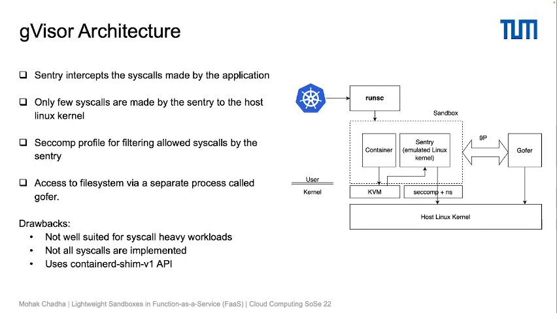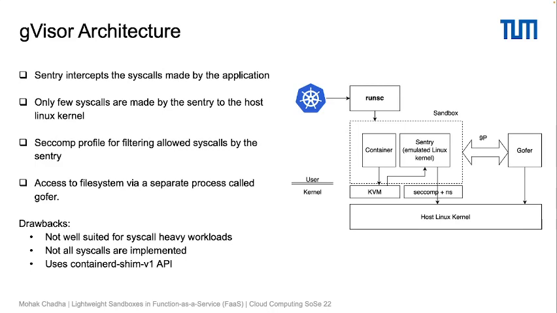And so gVisor is essentially not suited for running workloads if you want to do a lot of I/O, because the performance of 9P is not that good. All right, so yeah, drawbacks, of course, right? If you have a large number of networking workloads, or anything which writes to file, or a lot of workloads which do a lot of system calls, then obviously it's not well suited, right? Because everything you would need to send to the sentry, and in some cases also redirected to the host